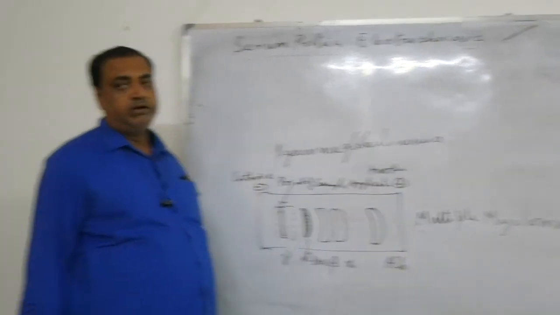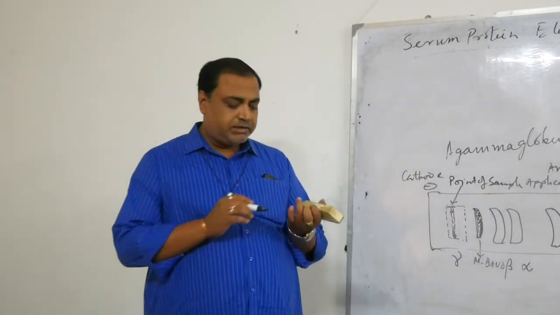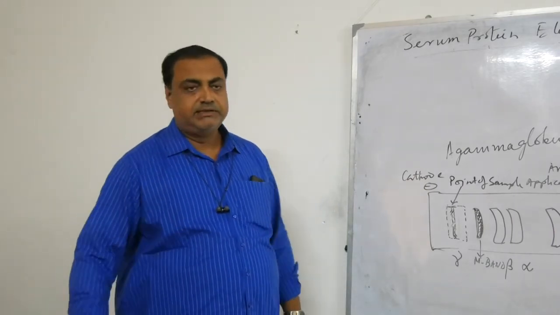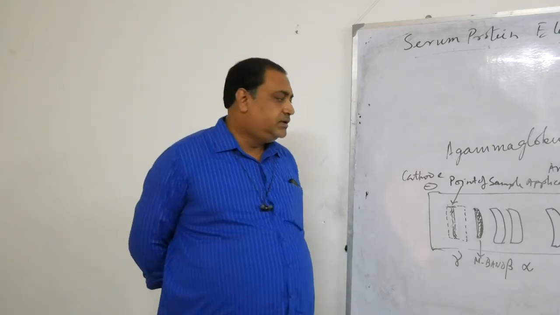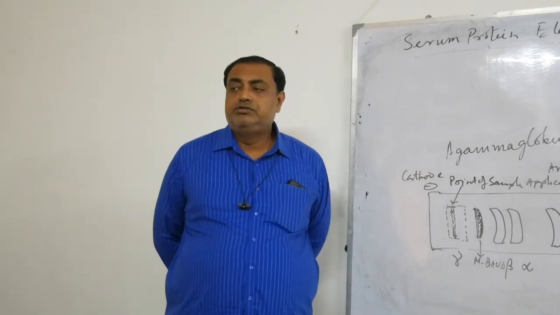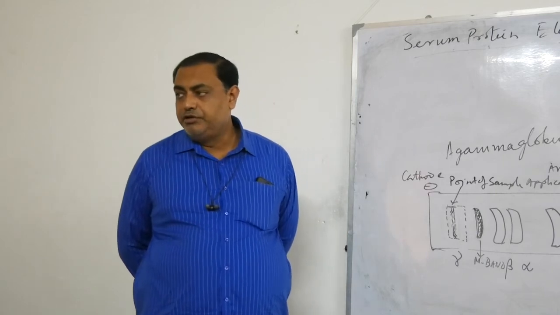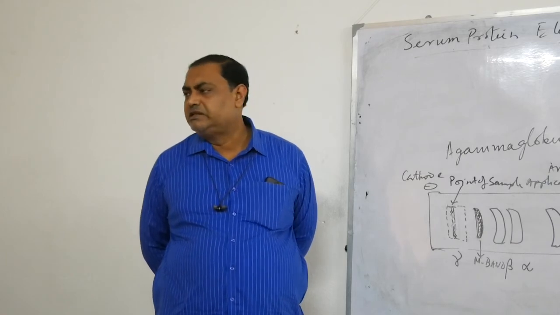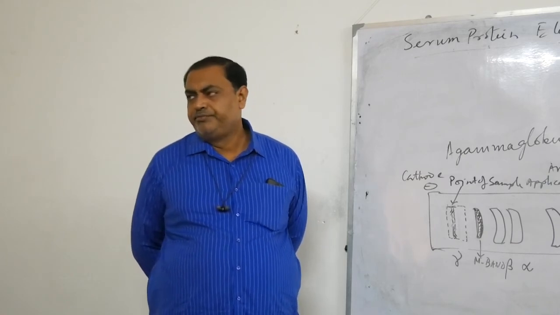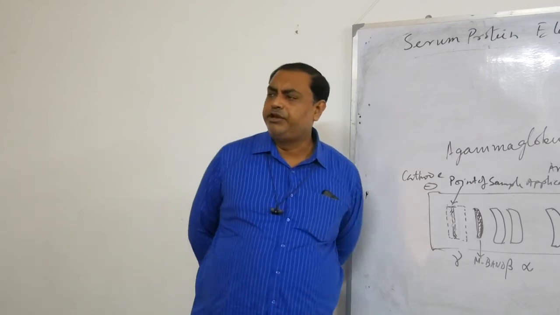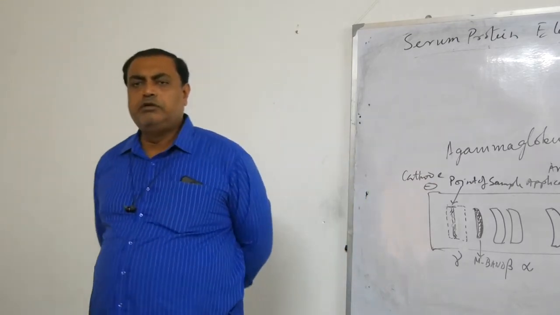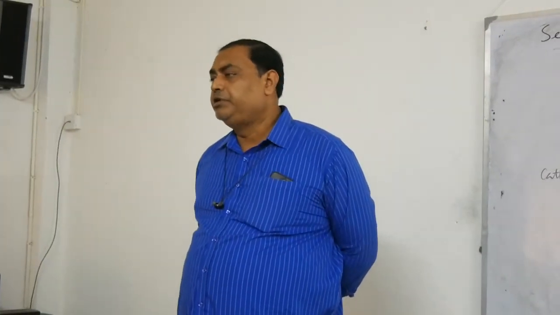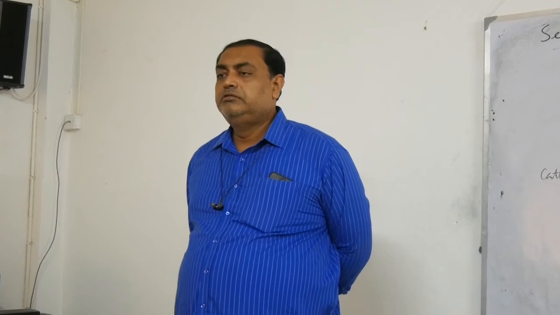multiple myeloma. What is multiple myeloma? Cancer of B cells. In this particular disease, only short chains of the immunoglobulins are produced, and that too they are misformed. They have no function, no bodily function. So they only increase the load of protein, and due to overload of the protein in the plasma, they appear in the urine. This is called overload proteinuria.